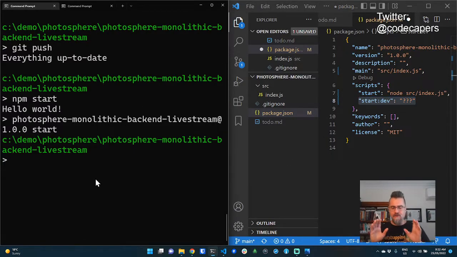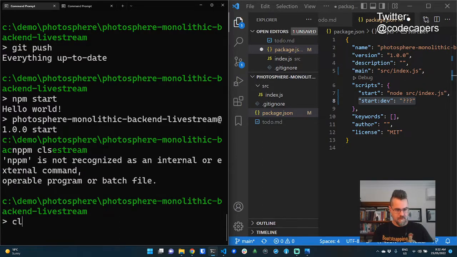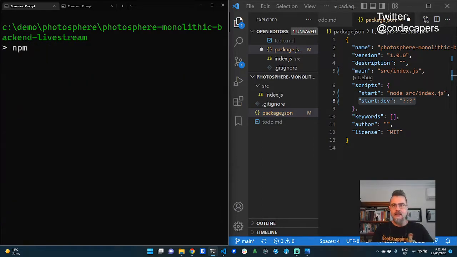But now I need a little bit of help, so we can't just do this with Node. We probably could, but it'd be difficult. So we can install a package from npm, the Node package repository, to help us get live reload working, and that is npm install. I'm saving it for development only because it's only something I need in development, not in production. Nodemon.